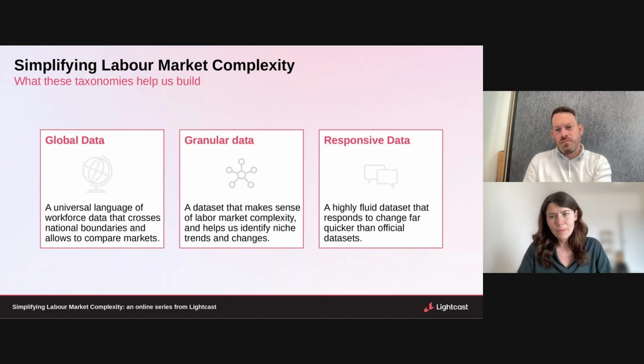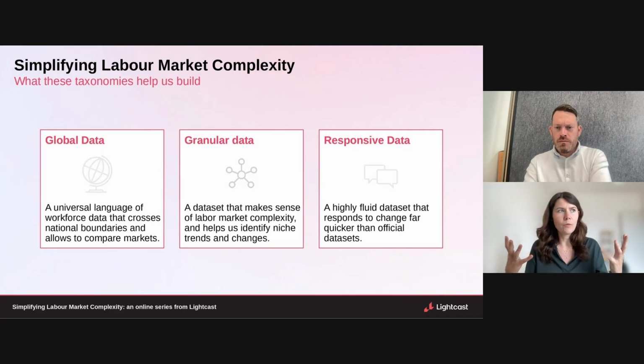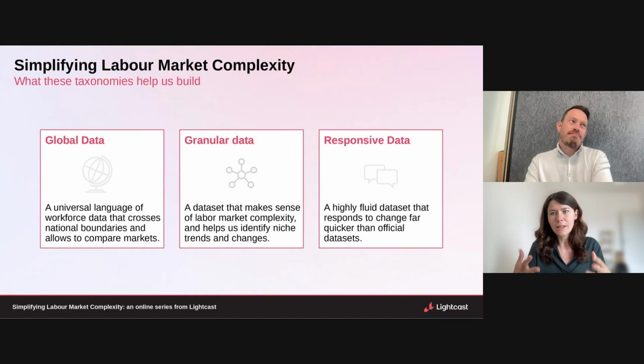The challenge at the moment is that the labor market is changing really fast. So changes that before would take a decade to happen now happen within 1 or 2 years. And the issue is that official taxonomies are updated every 10 years. And so what happens there is that we are using a framework of the world. We are using some glasses that are not actually showing us the latest picture of the labor market. They are using something that was true 10 years ago, but may not necessarily be a true reflection of what we're seeing right now.